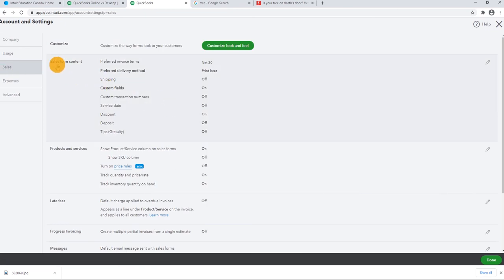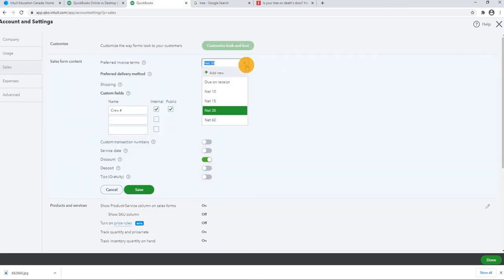So let's take a look at sales form content options. For example, these are the options you're going to keep for all your sales related transactions. For example, your preferred invoice terms, net 30, which means we're going to give customers 30 days to pay. Right, we can change those options easily. For example, instead of giving them net 30, we can give them net 60 or 10. Okay,